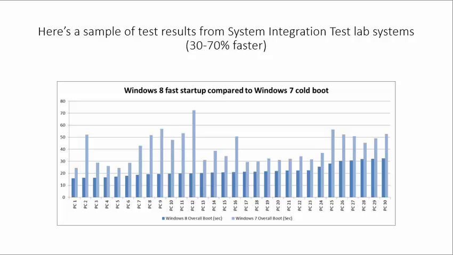I didn't have too much information as far as where this information came from exactly and how it was derived, but it appears that these all had regular spinning hard disk drives in them, and it varies as far as the amount of difference in time between the two on the systems, but it looks like there's a pretty good variety there to base it off of. So with Windows 8, on the lower end it's booting in about 15 seconds, between 15 and, let's say, 32, and Windows 7 is booting between about 25 up to as much as 73,